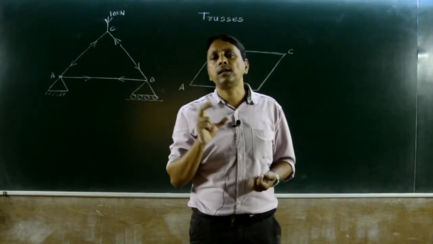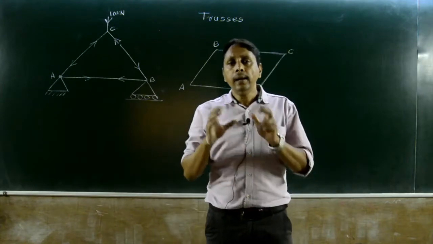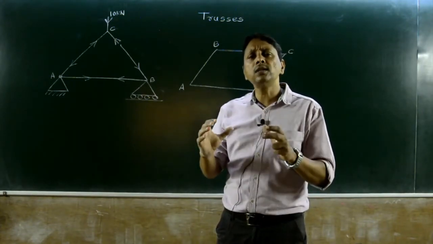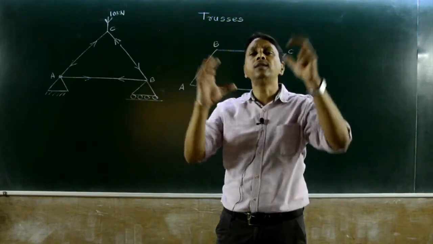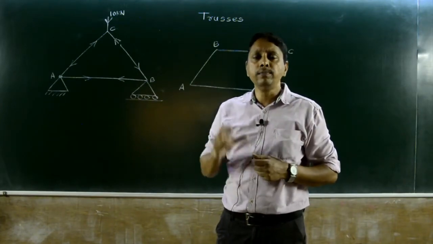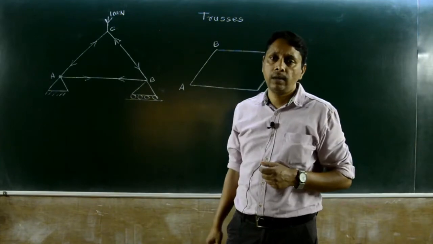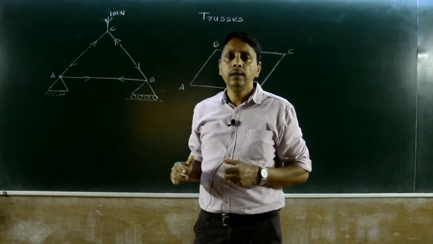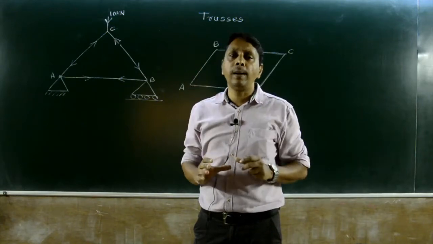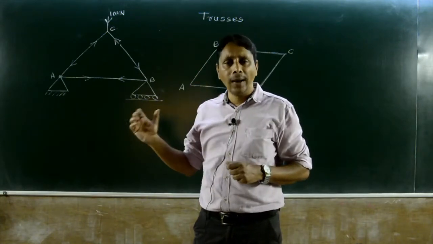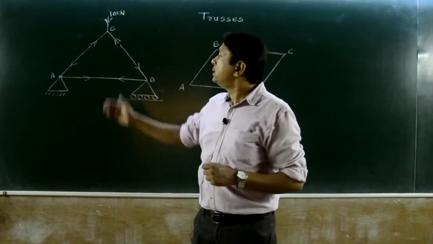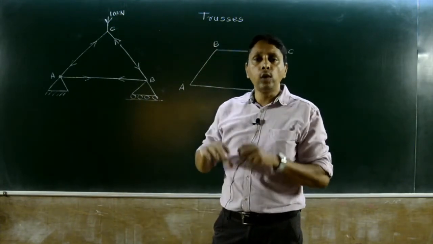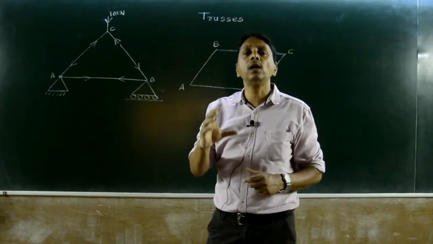But before that, is truss clear? What is a truss? It is a huge metallic structure made up of steel members. There are horizontal, inclined, and vertical members. These members are joined by pin or by welding. They are loaded and supported, and the huge structure obtained is called a truss.